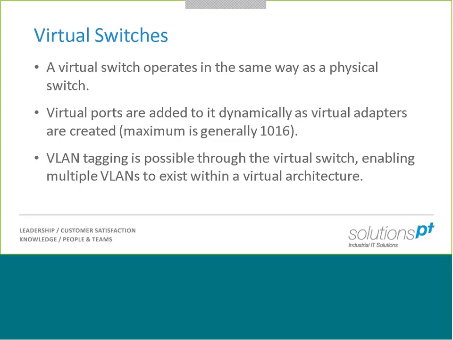So if we've got multiple VLANs in our physical world, we can present them into our virtual layer as well with VLAN tagging at the virtual switch layer. You typically just match your physical VLANs to your virtual VLANs. Exactly, yeah. As long as your tags match up, that's all you've got to worry about really. So there's nothing really we can't do in the virtual world with virtual switches that we can do in the physical world, to an extent anyway.